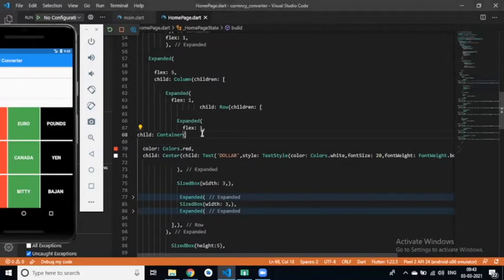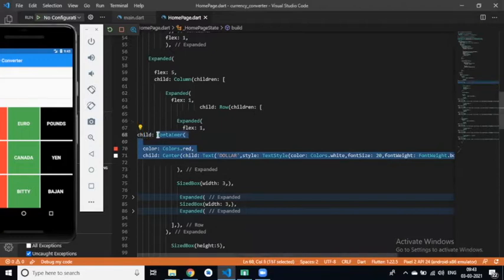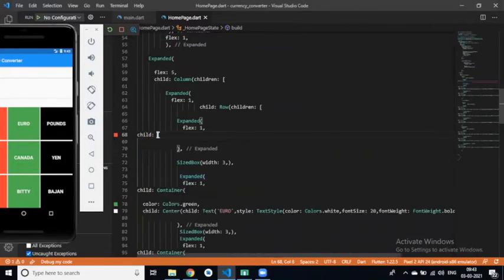So today I delete this container widget and try to create a button. There are many types of button in Flutter, but first we will learn outline button. So create outline button.